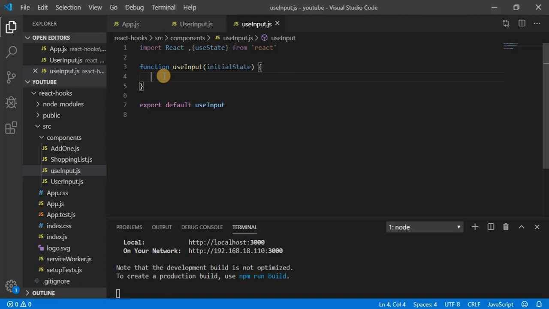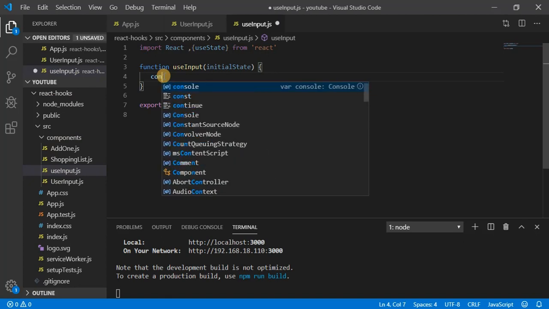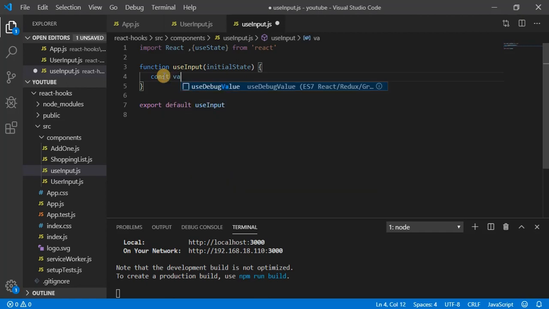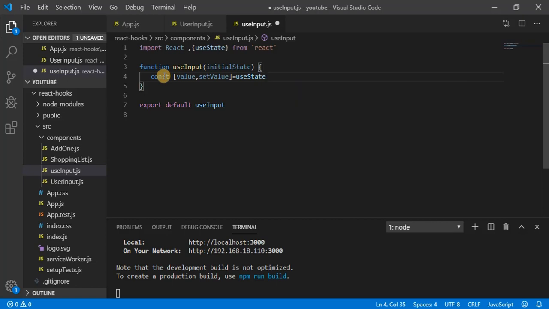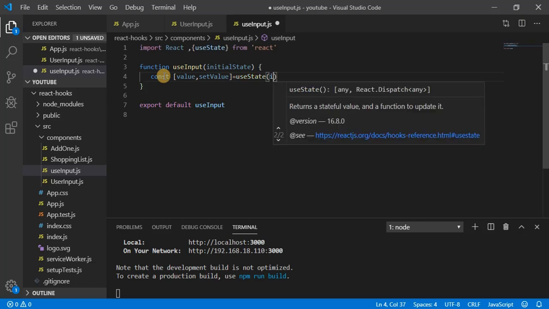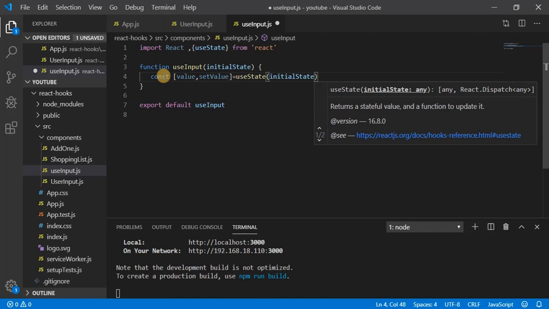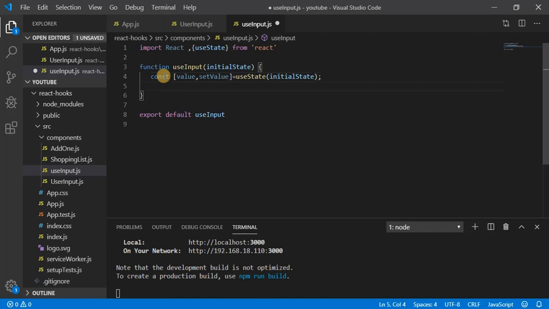Now let's create a constant to store the value. So I can say value and setValue, useState, and I can pass the initial value here, right? You got it, right? The next function I wanted to implement is for the reset.